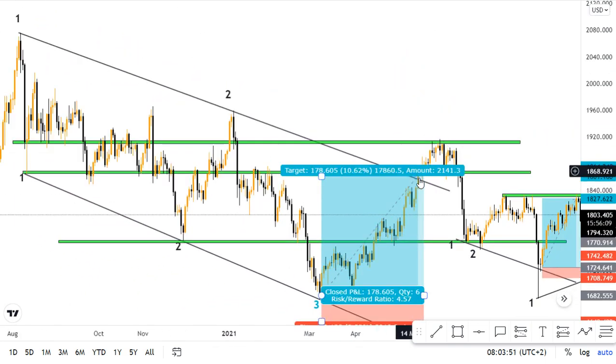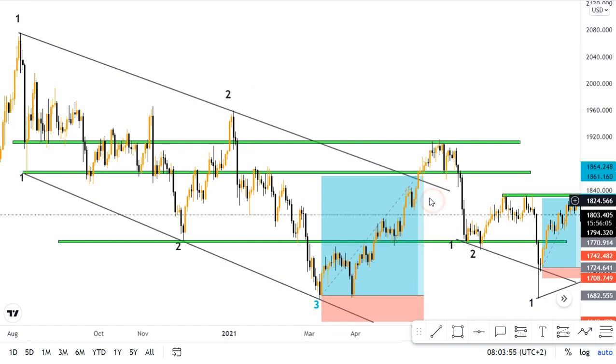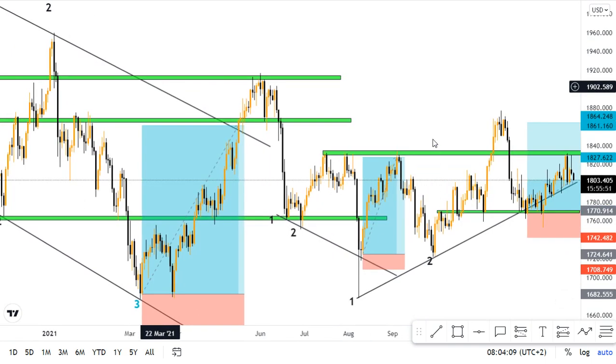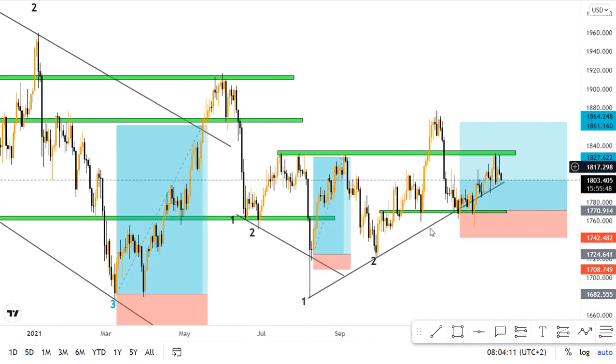But this is another area where you would have been able to use this as confluence, but you notice it was not as precise as it was with other areas there. So for me to teach you how to use this as confluence, I would have to have another video, because I'm trying to keep my videos very short. So I will just pass that one of teaching you, not really pass, but I've already shown you how to